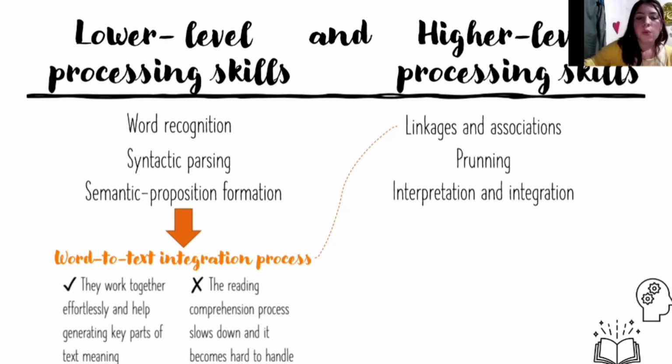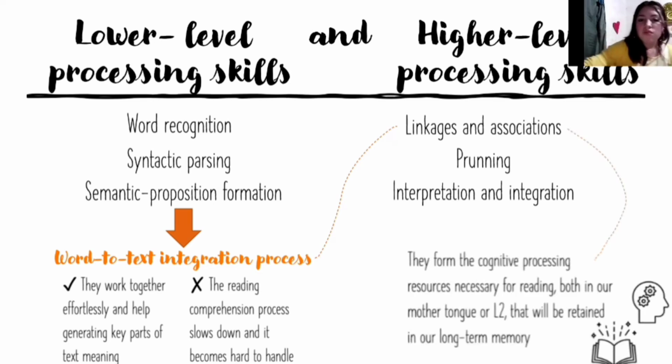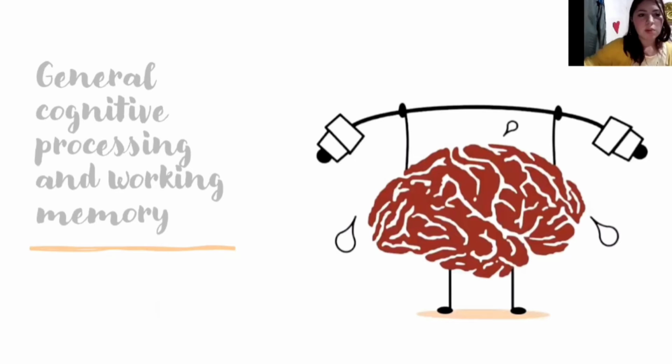So, why is this information so important or useful for us? By knowing how our brain works and following the correct steps according to both processes, we can form the cognitive process resources necessary for reading, both in our mother tongue and in a foreign language, that would be retained in our long-term memory. Continuing with the importance of how our brain works, another theme I'm going to talk about is